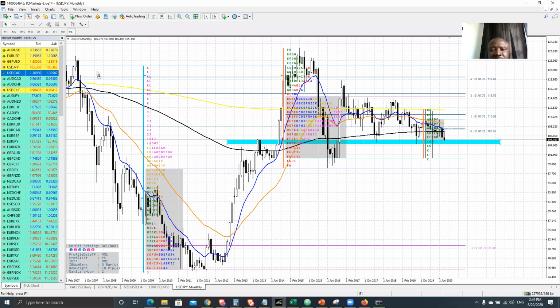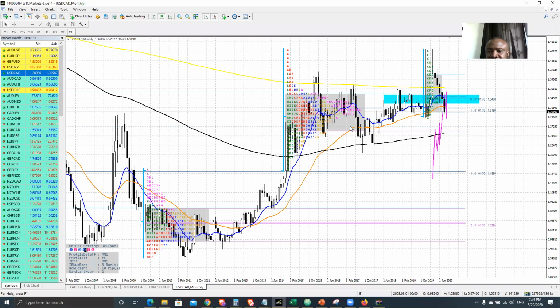So dollar cad, the same thing. Dollar cad, just this low area alone is telling me I should be careful. And when you look at it previously, in this area is where the buyers come in, right? So I'm looking for a reversal opportunity in the dollar cad, and we might be approaching that area where we are going to see that reversal opportunity.